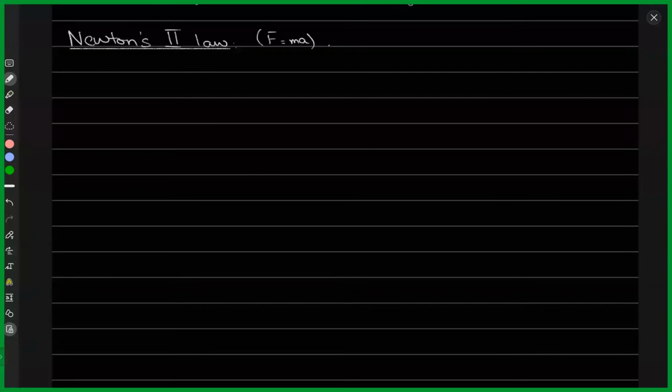I don't know if I should write the statement entirely, but anyways, I'll write it. So whenever you have a resultant force, which means that there is a net force acting on the system, so the sum of all the forces is not zero, then this resultant force, which is acting on a body,